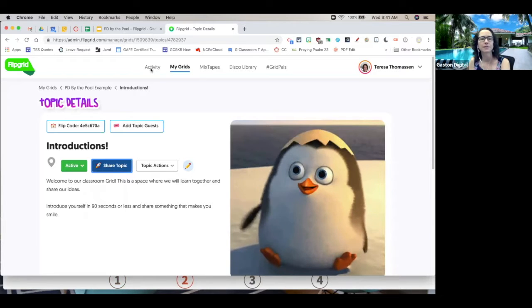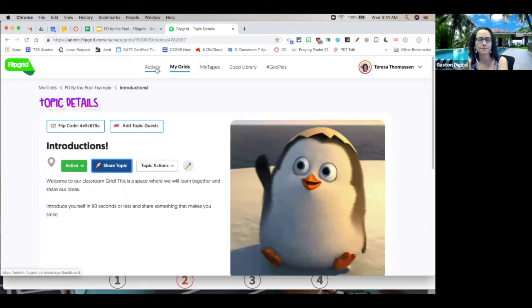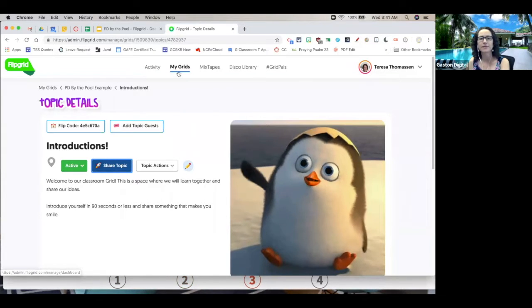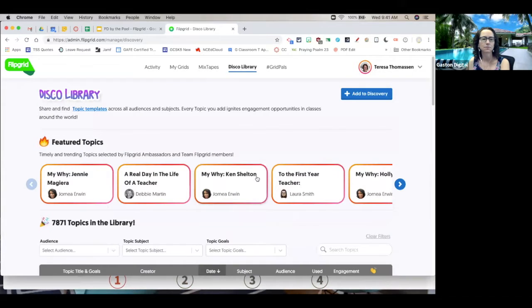Let's skip over a tab. Let's go back to your Flipgrid. You'll notice your tabs across the top. We've talked about activities. We talked about my grids. Let's skip Mixtapes for just a second. We will come back to that. I want you to go to Disco Library. So click Disco Library. Why they call it disco, I don't know. It's really Discover Library. What that is